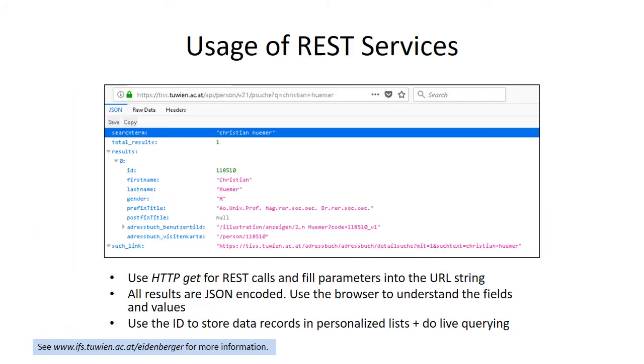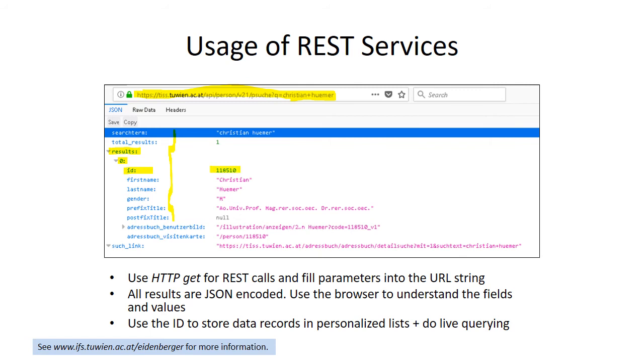Okay. So how do you get an understanding of what actually is happening? We know the request side, that was on the last slide. What does the response look like? That is something you can look up in your browser, in the browser of your choice, by defining a query string, executing it on the TIS REST interfaces, and having a look at the response object, in particular the JSON part. There you see that it might be a result set. Every result might have an ID. The ID might refer to a person ID in